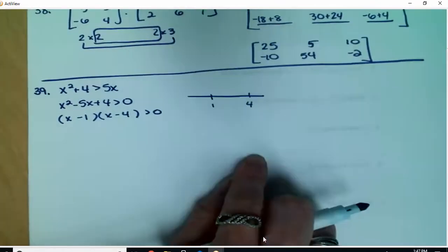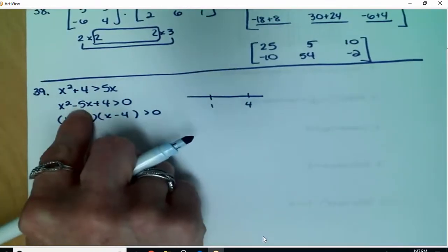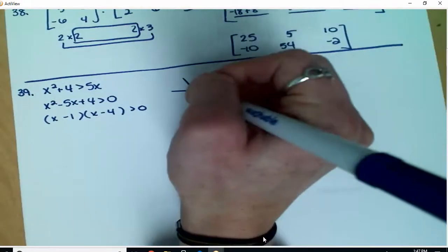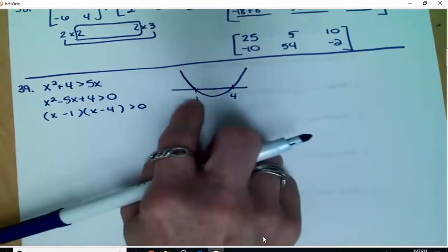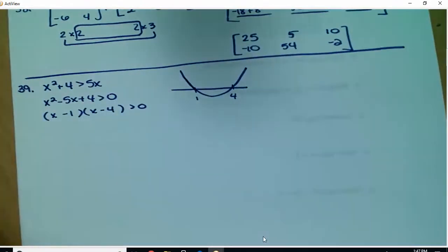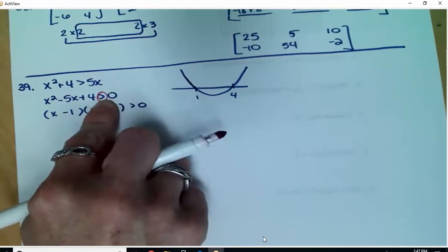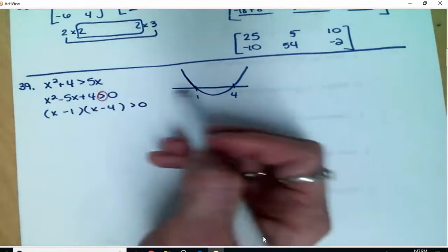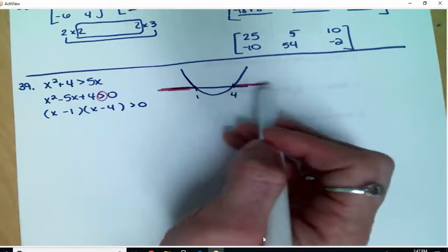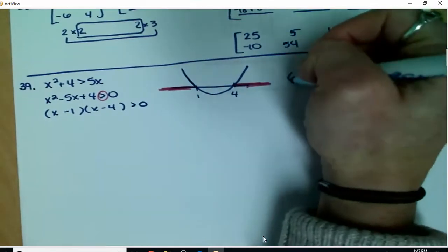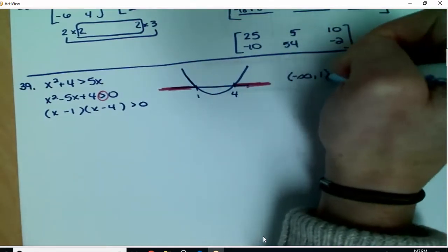So then what I told you is think about a graph. This was a quadratic. Does it open up or down? Alright, so we wanted greater than 0. That means positives, above the axis. So if I look at this graph, it's above the axis over here and over there. It didn't say equal to, so no brackets. It's -infinity to 1, union